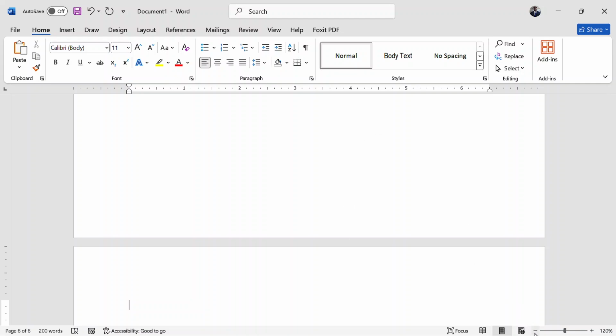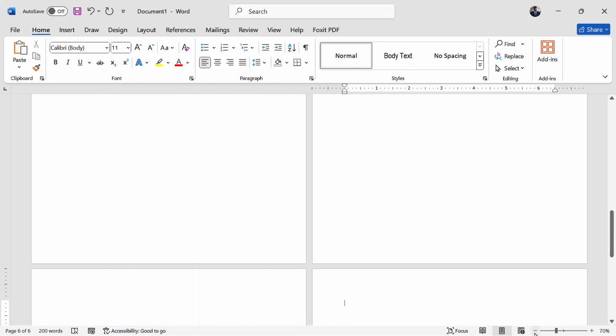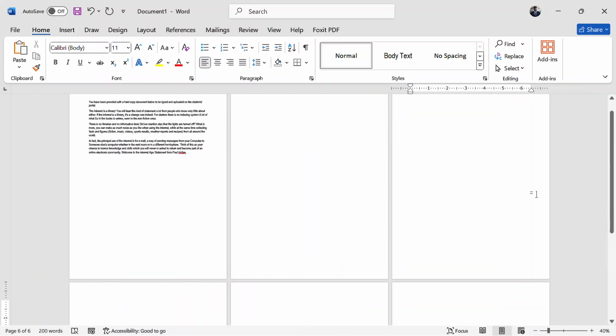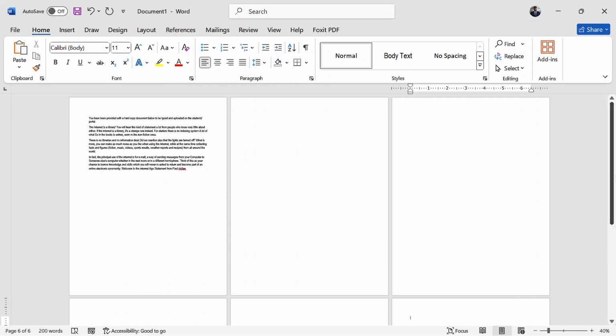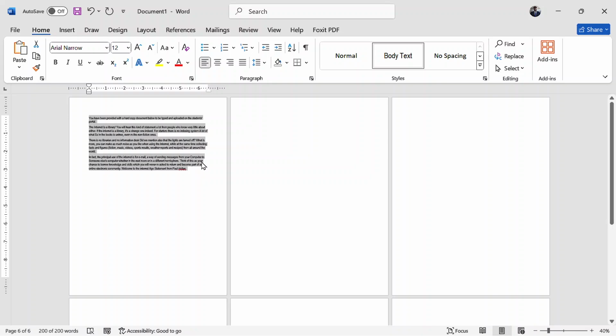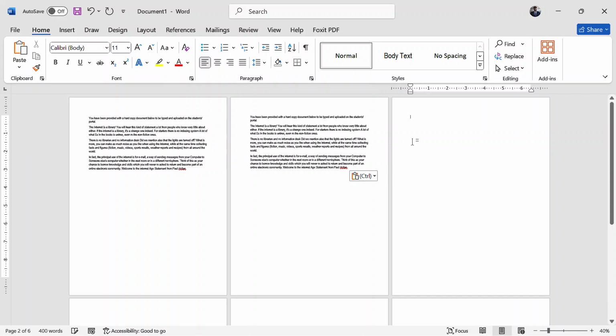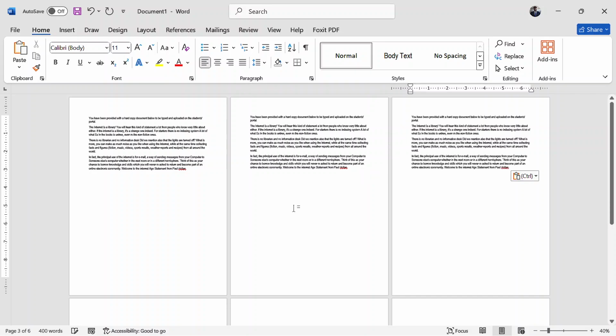All right, now I have my pages. When I zoom out, you can definitely see the pages. I'm going to copy this same document and paste it across all the pages.